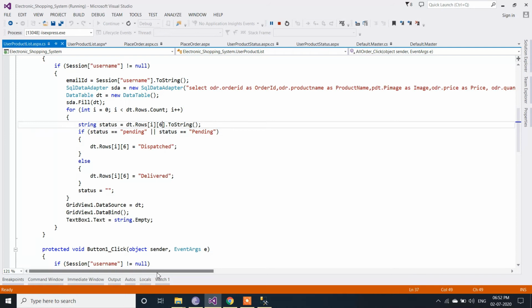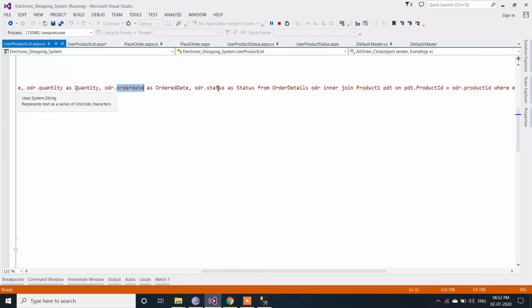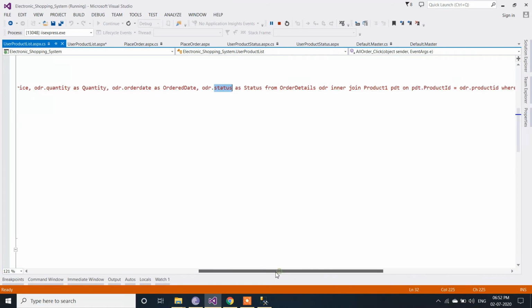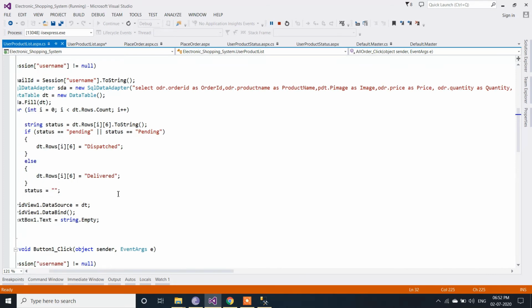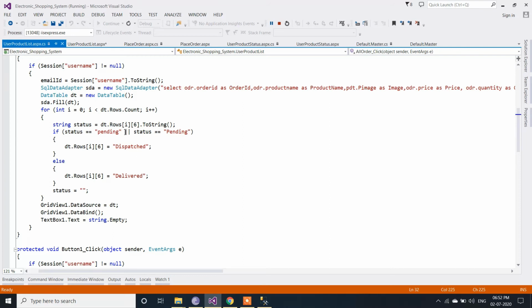Let's see in the query: this one is 0, first, second, third, fourth, fifth, and sixth. At index 6, that means at the 7th column, we are going to get the value of the status, and we have to check whether the value present inside the status is pending.